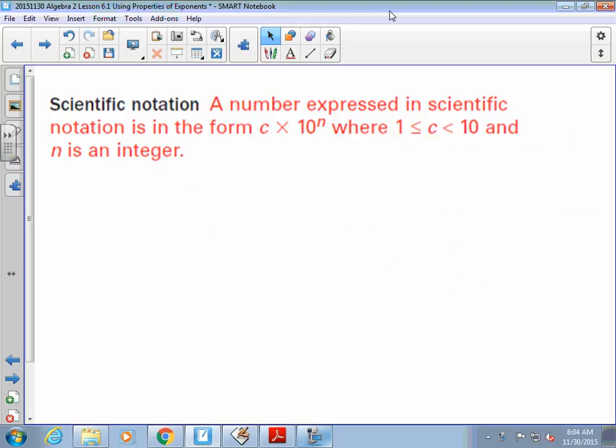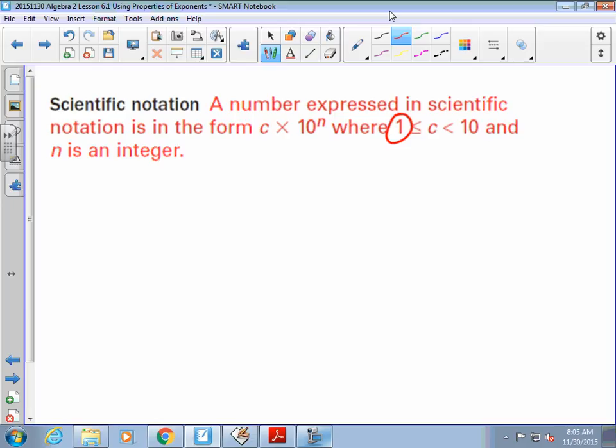There's a definition of scientific notation. Everyone in here is familiar with scientific notation. You just might have forgotten exactly the criteria that makes it up. The number has to be between 1 and 10, or it has to be at least 1. Notice it says 1 is less than or equal to the number, which is less than 10. It cannot be 10. So think of the numbers between 1 and 10, counting 1, not counting